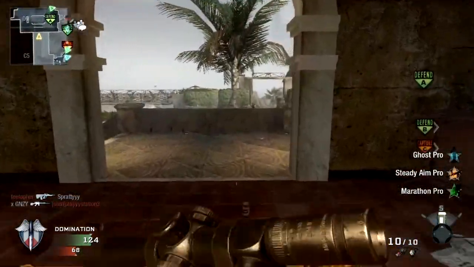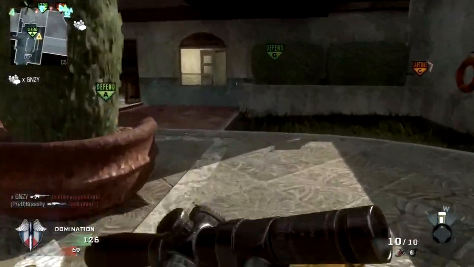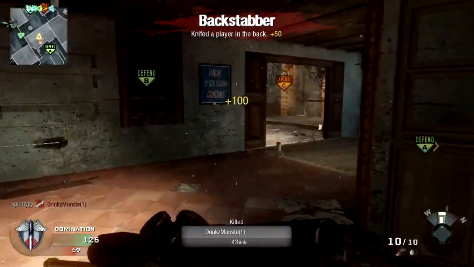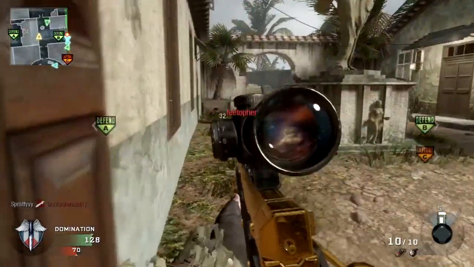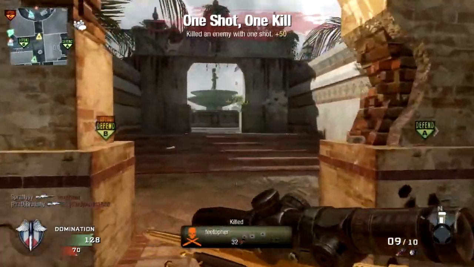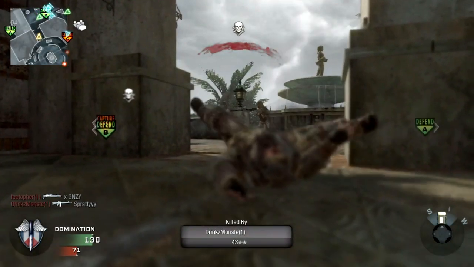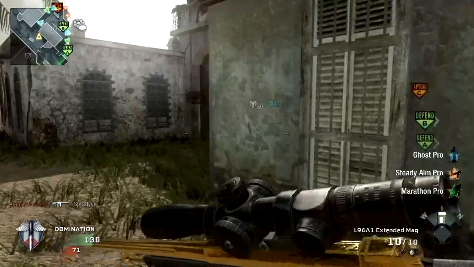You're basically spawn killing them as they come around the corner, so they don't really have a chance unless they run the other way. Whereas Demolition, you're killing them pretty much as they spawn, or as they spawn in front of you and they run towards you, you're killing them. So there's not much difference, and I'm not taking any sides